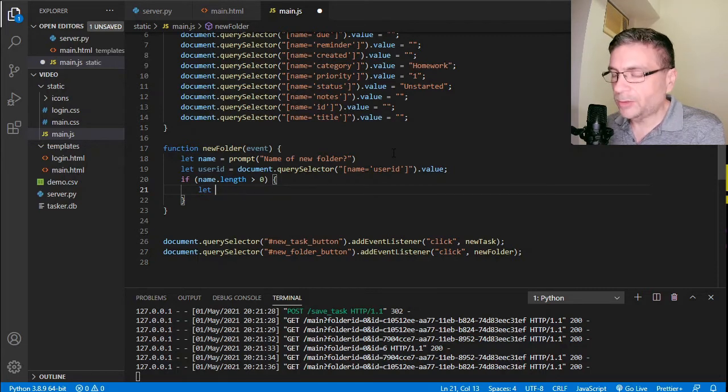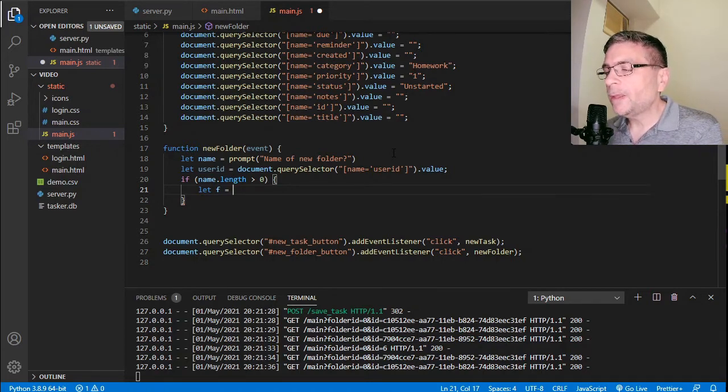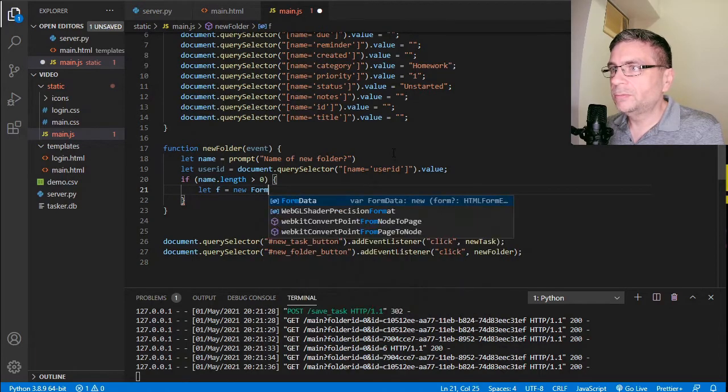No, I'll do it this way. I'll show you how to use JavaScript to create its own fake form. So instead of creating an HTML form, we'll use JavaScript to create its own form in memory and just send it to Python. So let f for form equal new FormData,